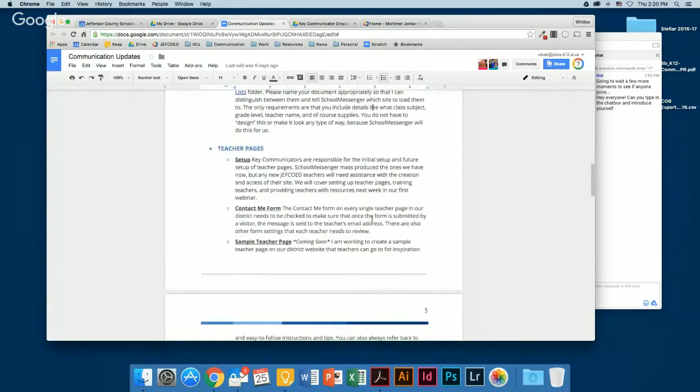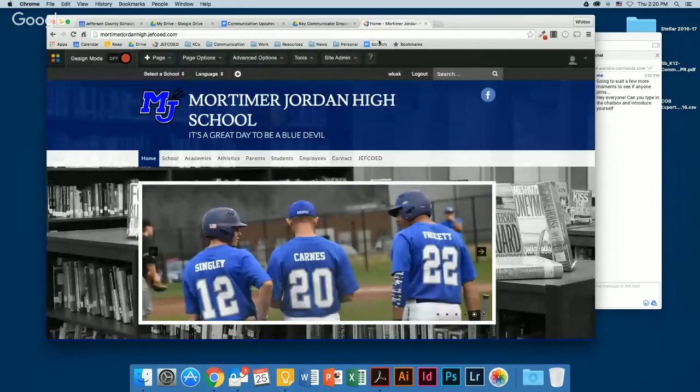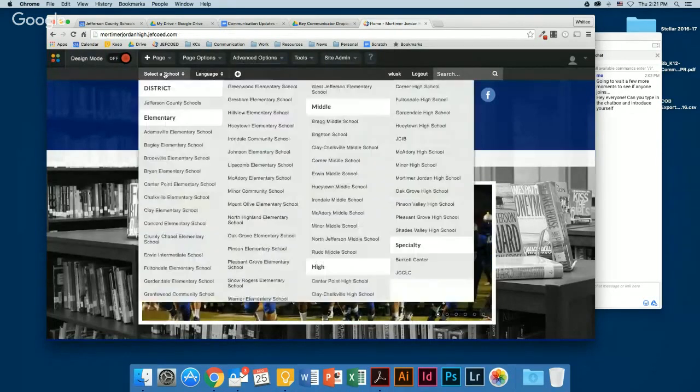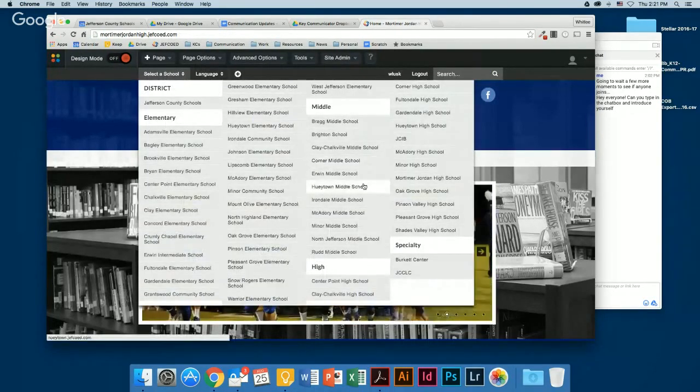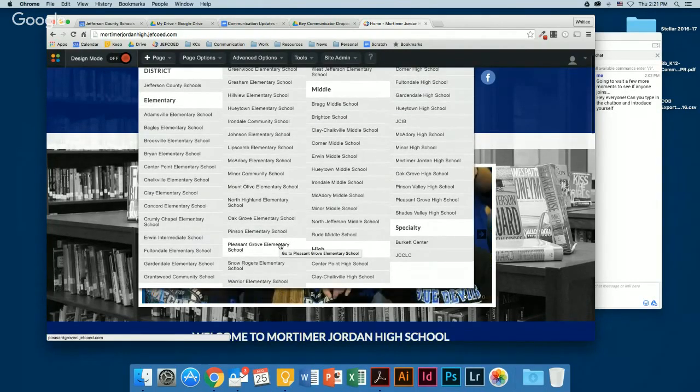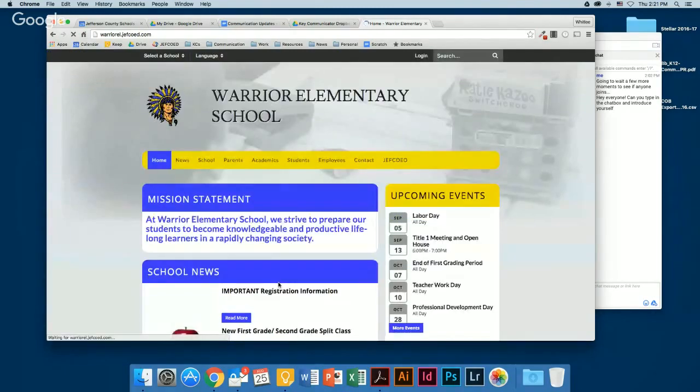Teacher pages. Okay, so from the district website, I'm working on a sample page. So I'm going to actually work from, let's go to Warrior Elementary as an example.